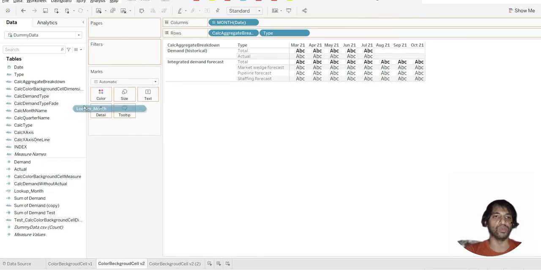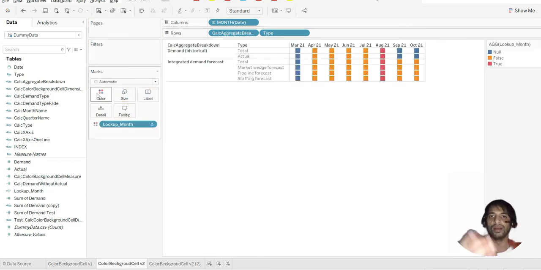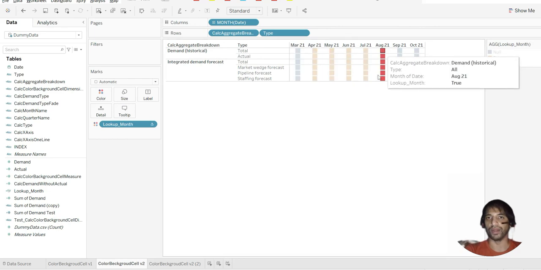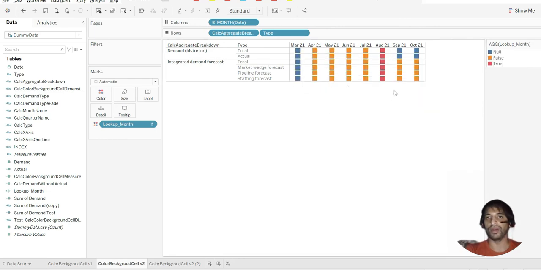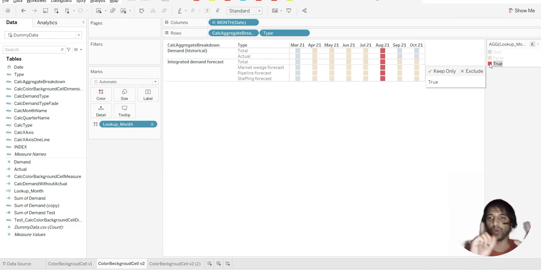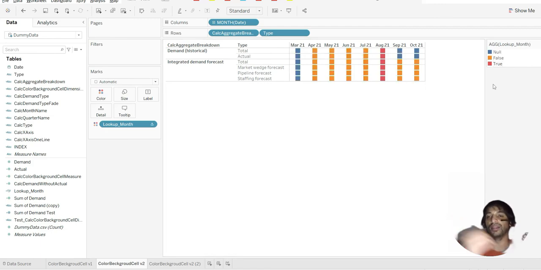It has turned to Boolean, and if I just put that to color, somehow I'm getting the answer, but it's still not 100%. So true, this is fine. But I'm having some different colors over there. So what I want to have true, means I've got the August 21 as one color, and rest of the output should come under the umbrella false, not null and false, right?